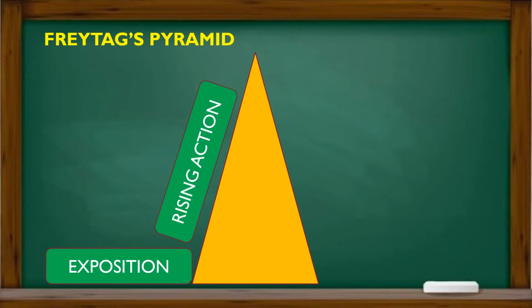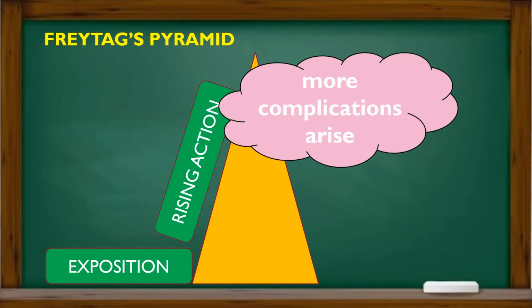The rising action includes the happenings that the main character encounters. As each event develops, more complications arise, making the problem more complex for the character. So the conflict is where in this part happens. Next is